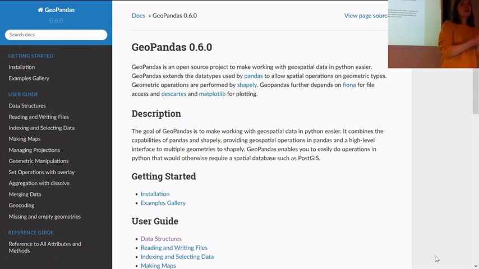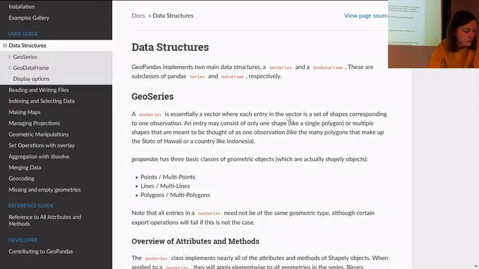Okay, let's continue then. There was a good question about these kind of attributes, checking the area from the geodata frame and so on. So Geopandas has rather good documentation. I recommend you to check it out. Geopandas is currently being developed quite a lot, so if you're working on your own computer or have already installed Geopandas like a year ago, do update it. If you check, for example, the Geopandas data structure, you see definitions of the geodata frame,